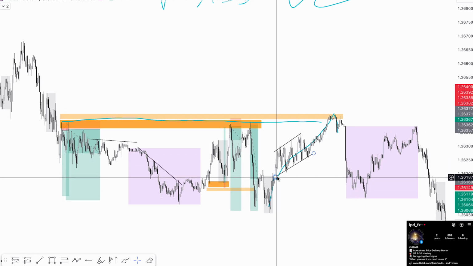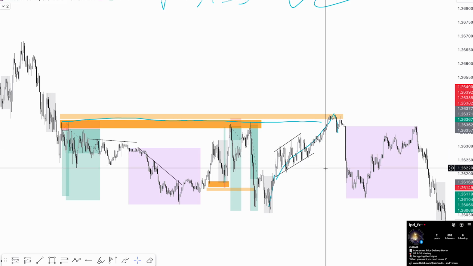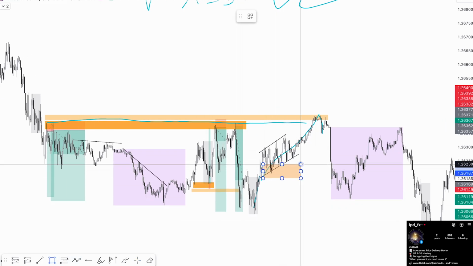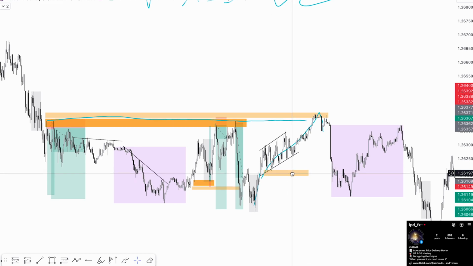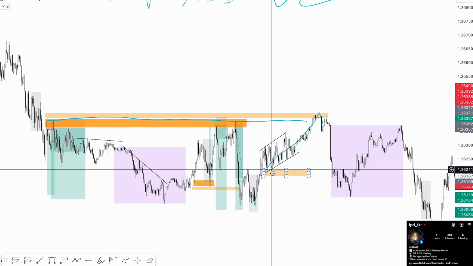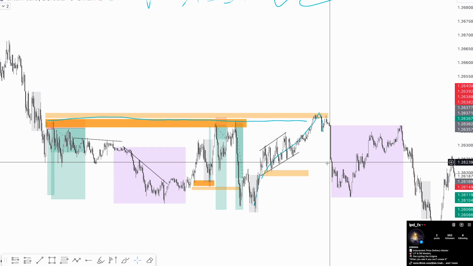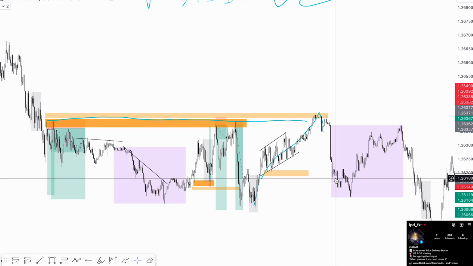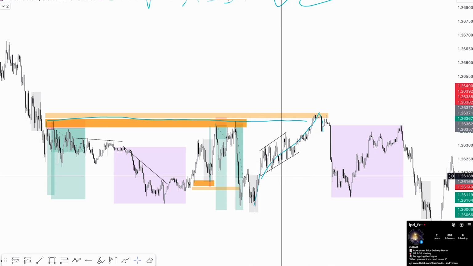So again, what do we have here? The trend line dynamic liquidity. So guess what? Here we can always have the heat map, you know? Here we can have the heat map, of course, in a vertical way. But what happened here during the Asia session? Big push to the downside. We take out all the trend line